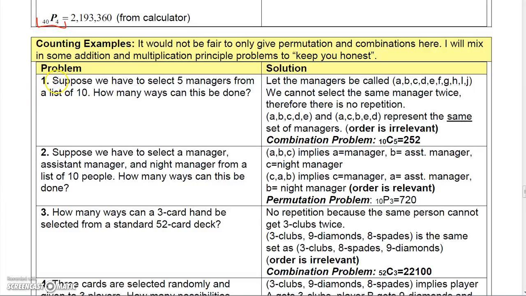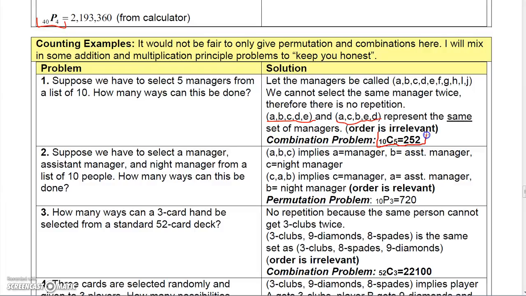Number one says, suppose we have to select 5 managers from a list of 10. How many ways can this be done? Well, first of all, repetition wouldn't make sense because you wouldn't choose the same manager twice. And secondly, if all you have to do is choose 5 managers, all you're really wanting to know is how many 5-element subsets are possible, because the order does not matter. So order is irrelevant here, and since order is irrelevant, we're looking for how many combinations we can get,